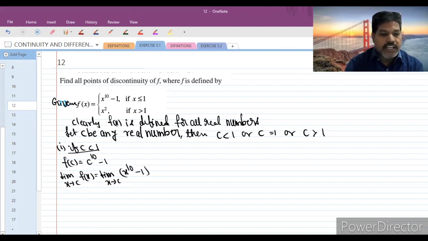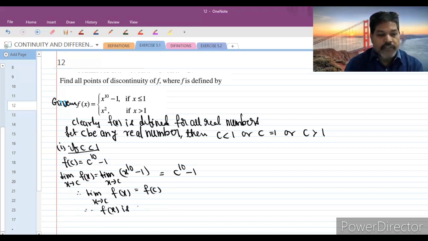Why? Because c is less than 1. For c less than 1, the f of x value is x power 10 minus 1. Replace that c here, it will become c power 10 minus 1. So therefore, we can conclude that limit x tending to c of f of x is equal to f of c. Therefore, f of x is continuous for all x